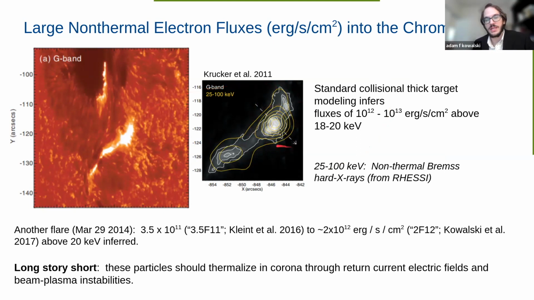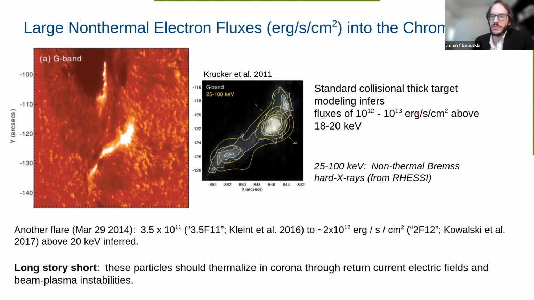So you can take the total power in the non-thermal electrons that are producing the Bremsstrahlung, and you divide by the high spatial resolution areas, and you get an energy flux. And this is a really important parameter